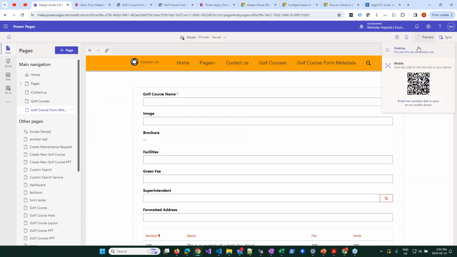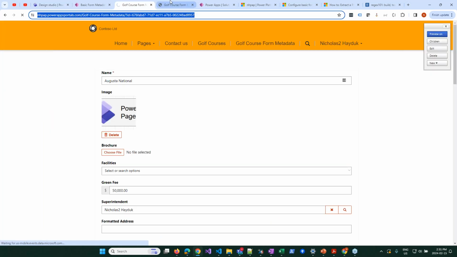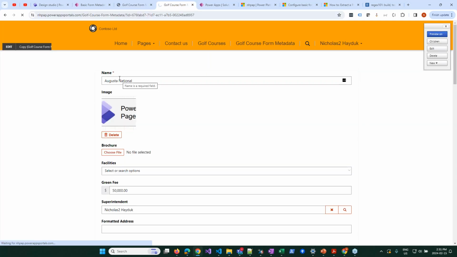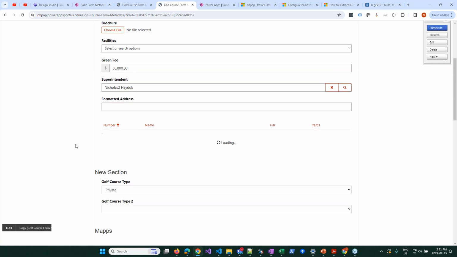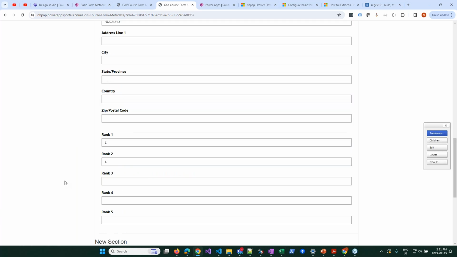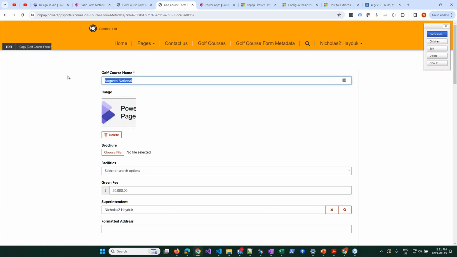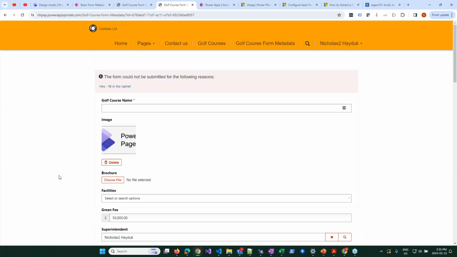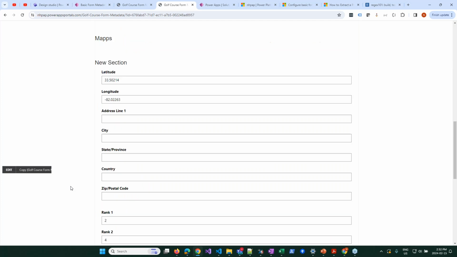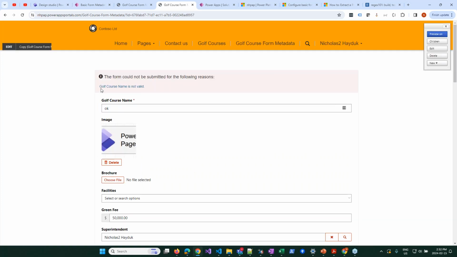So let's take a quick look at what that does. Just going to refresh that one here. And I'll load that here. So I would expect that if I save this, let's get rid of that for a second. Submit. So you can see, hey, fill in the name. So now I've got my custom error message showing up. So let me fill in OK. Submit. No. See, now it's telling me the golf course name is invalid because it's not matching that regular expression